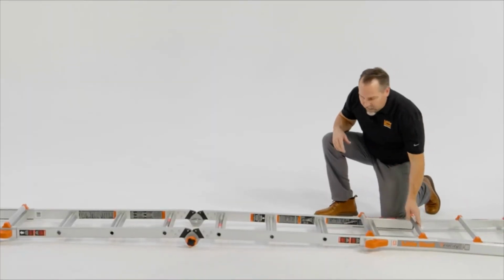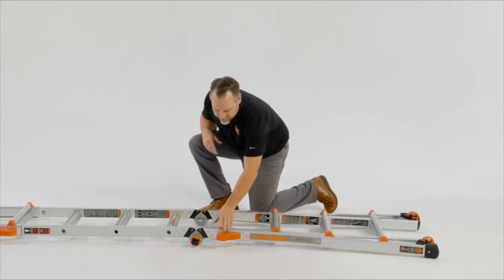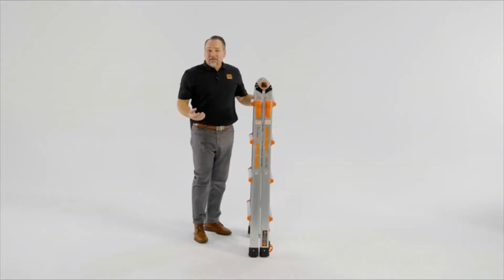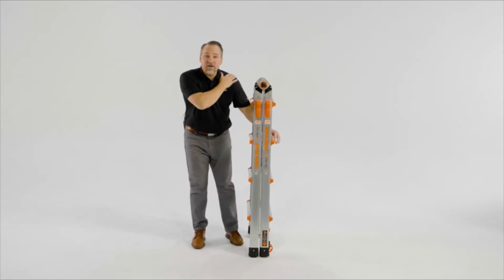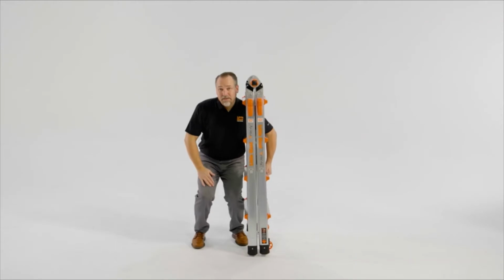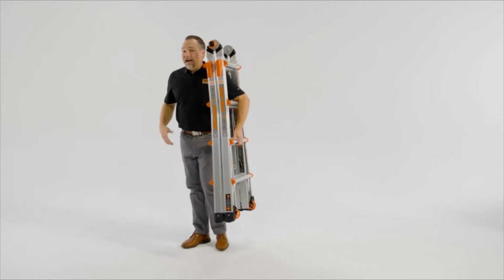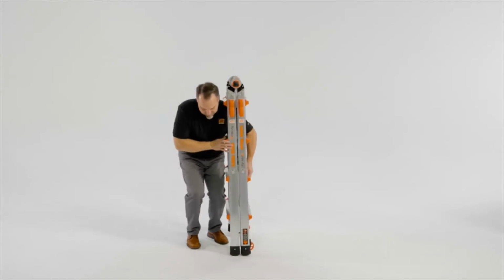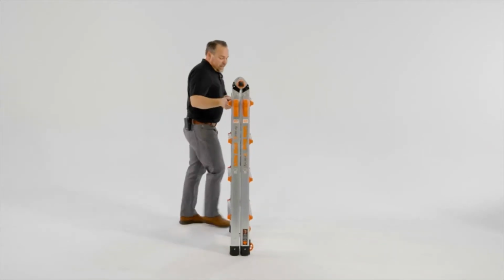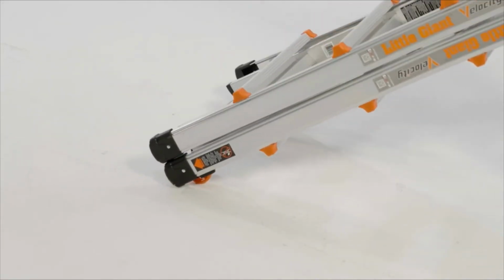And then unlock the rock locks, bringing these rails down to their stored position. To carry your Velocity, we're simply going to put our shoulder down underneath the rung, lifting with our other hand. That's a great way for you to carry without straining your back or your legs. If you want to take advantage of these wheels in its stored position, we could lean the ladder back and